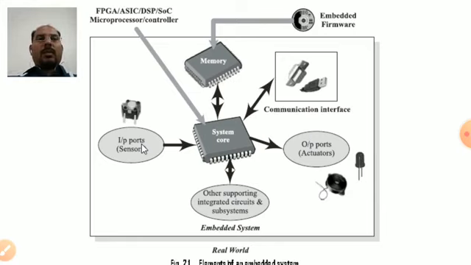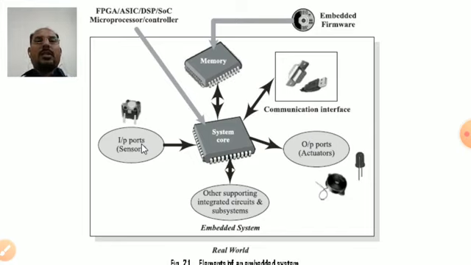On the other side you can see output ports, and they are connected through the actuators. If I want to do anything to the external devices, I will be doing it to the actuators. So in turn, actuators will perform those particular operations to the output devices. Other than these input ports and output ports, you can see the memory. Memory is required for both storing the software as well as for holding the data temporarily.